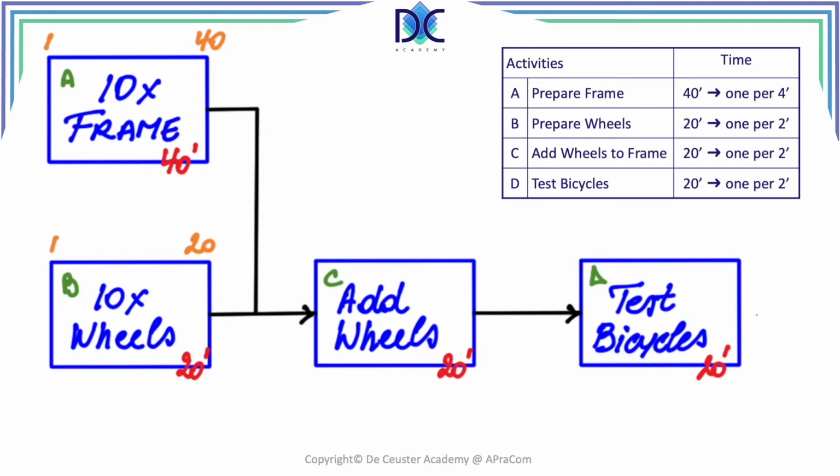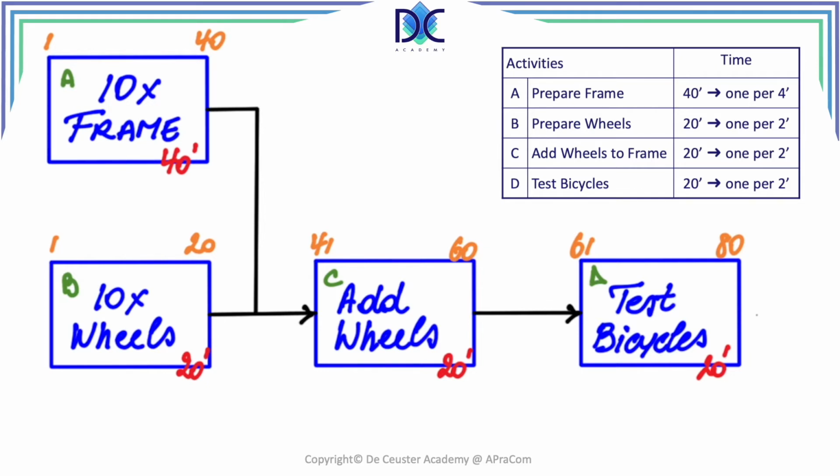Now we can look at the early start of activity C, and we have to use the maximum early finish time of A and B, which is 40. We add 1 to go to the next period. So we see that activity C can start at minute 41 and will finish 41 plus 20 minus 1 is at minute 60. Test bicycle activity D can start the next period, so minute 61, and finishes after 20 minutes at minute